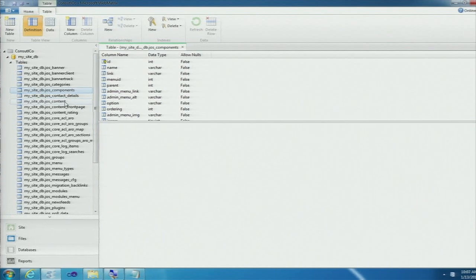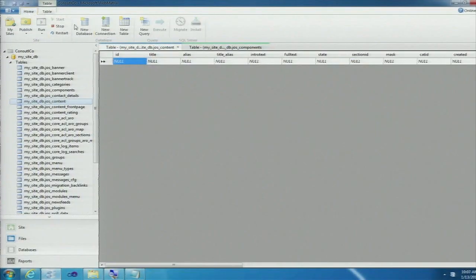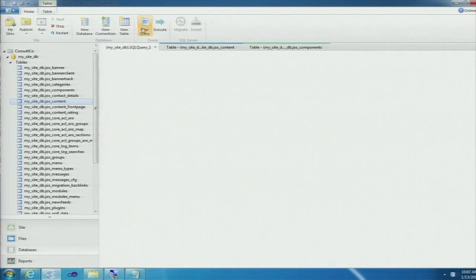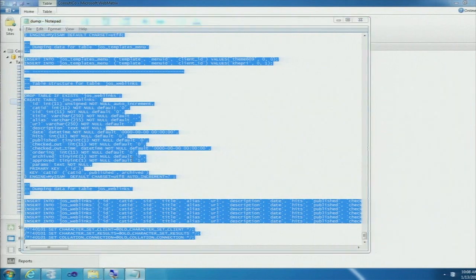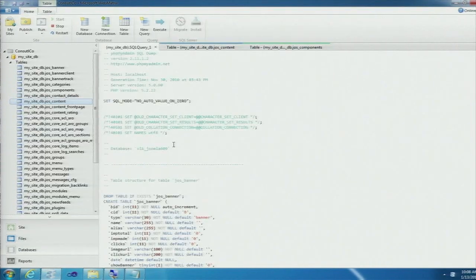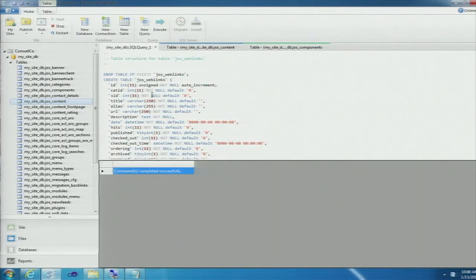Well, in this case, we've got this content table here, which, as you can imagine, is where the content for the site is stored. And it's looking pretty bare bones. So what I want to do is just go ahead and take a MySQL dump that I had already, put it right into the system using Web Matrix. To do that, I can just click on the Home tab, go to the New Query button. I can see I've got a new query window ready to go here. I'll just hop into a little notepad document I've got open, select all, copy, move over, paste that all in there, and now I can just go ahead and execute this SQL query.